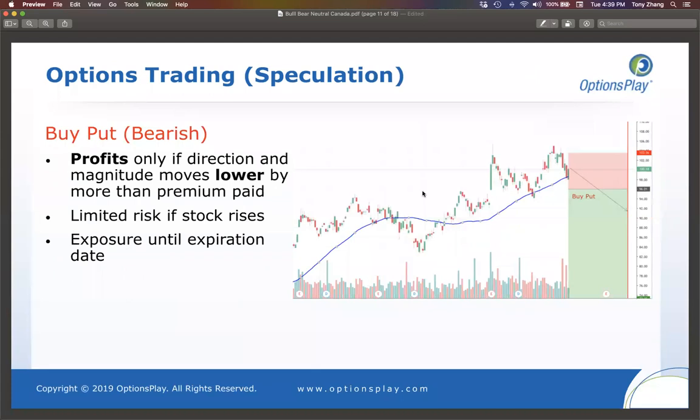So now let's take a look at the bearish side. And really the bearish side is exactly the same as the bullish side, just flipped on a dime. So when you buy a put option, you only profit if both the direction and the magnitude of the stock moves lower by more than the premium that you paid on the put option. And this strategy gives you limited risk. So no matter what happens, even if the stock, so I'm bearish on the stock, I think it's going to move lower,